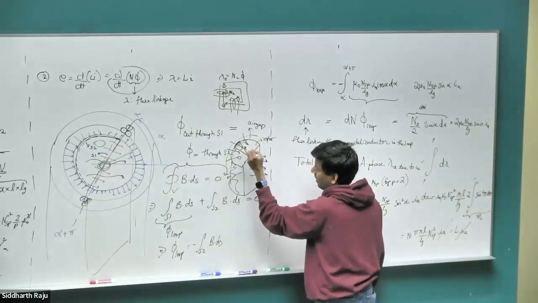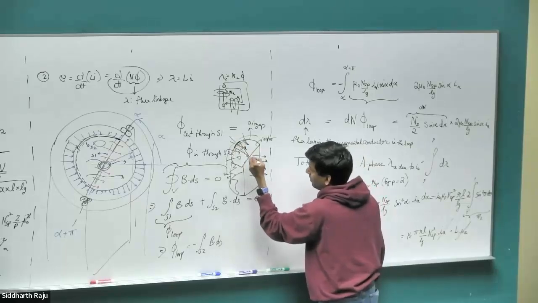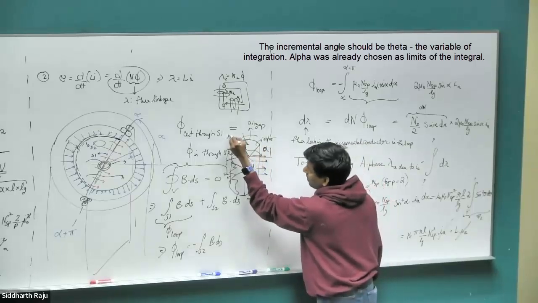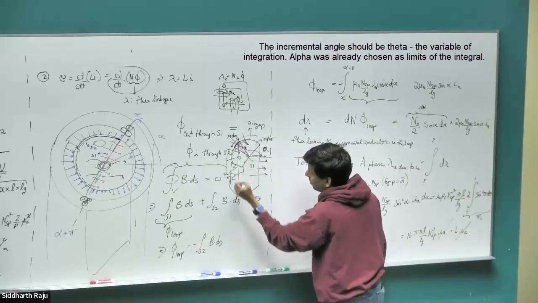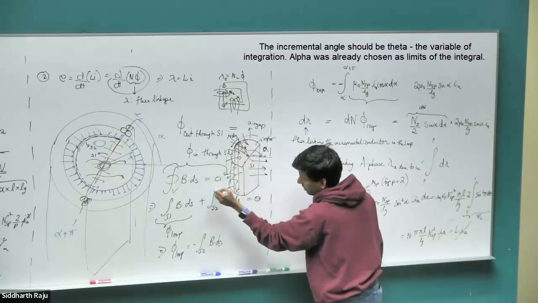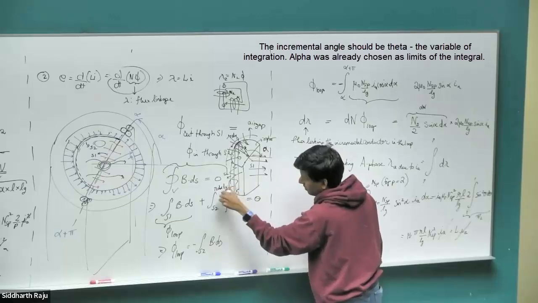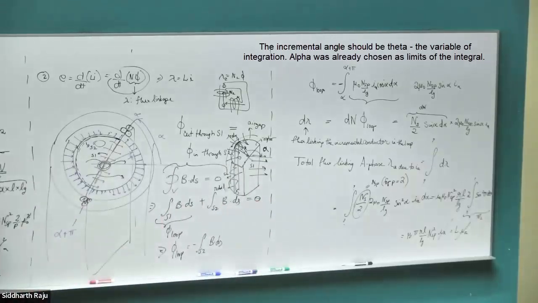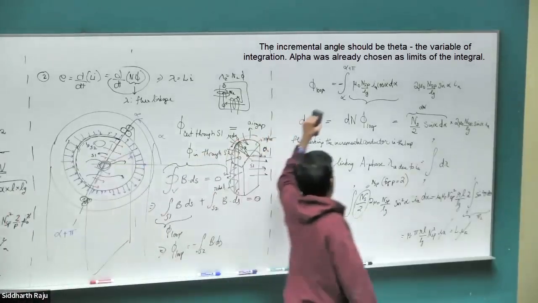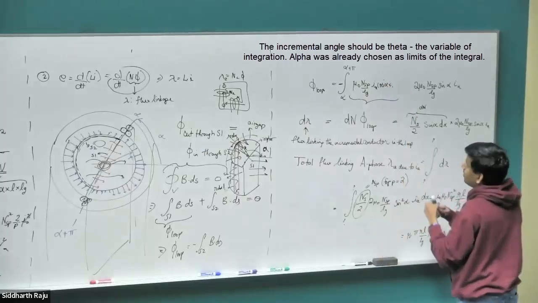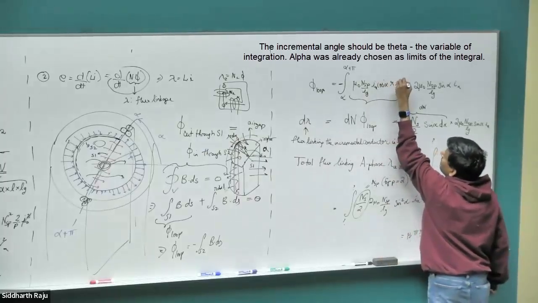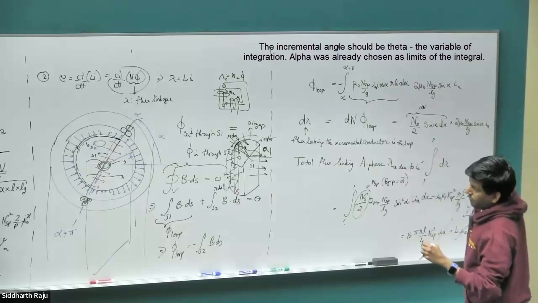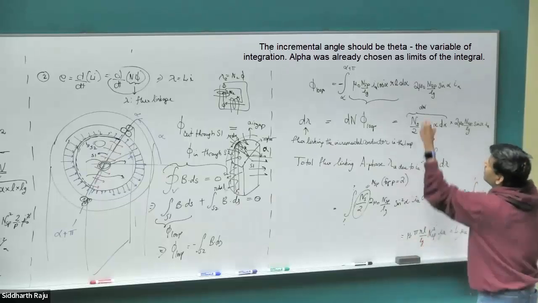So if you take some radius R and at some angle alpha, this would be R times d alpha, and the cross-sectional area of that would be R d alpha times the axial length of your rotor. So here R times L times d alpha. Right? So once you do that integral,